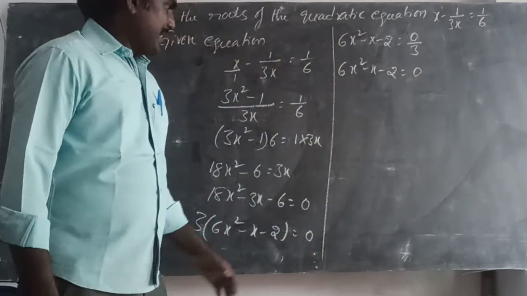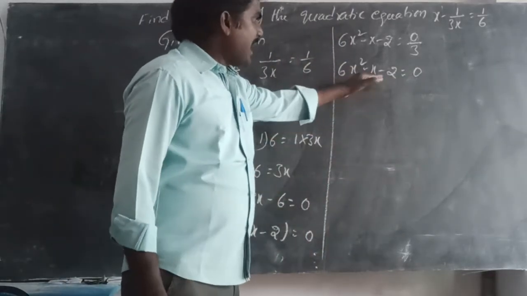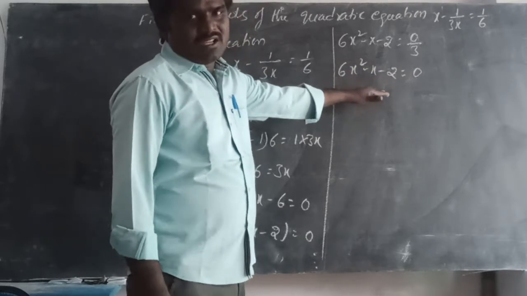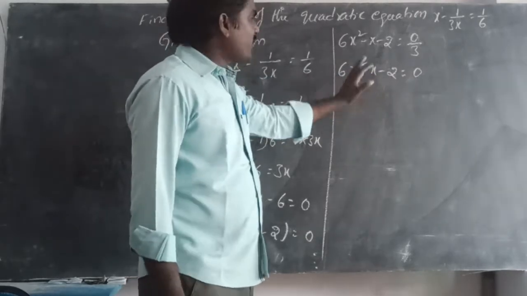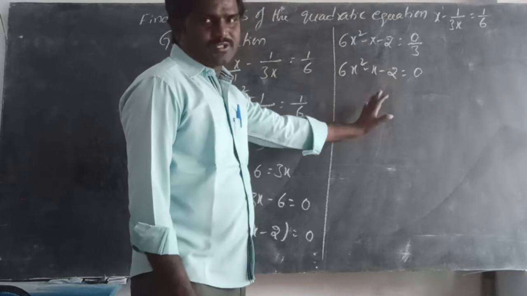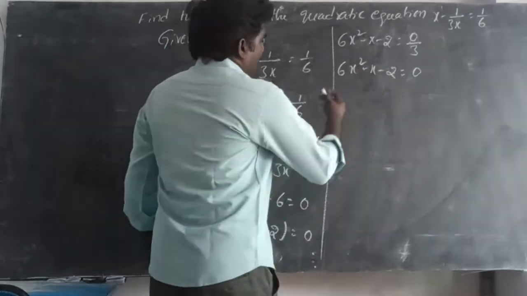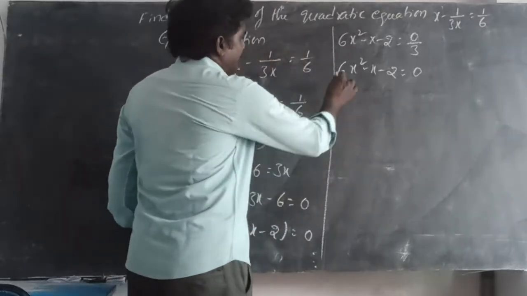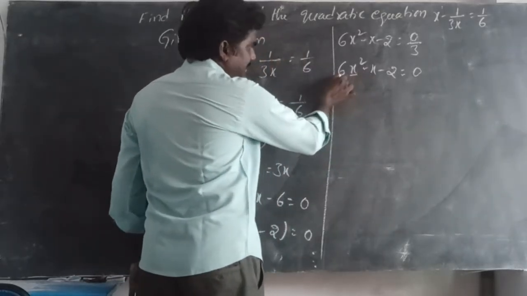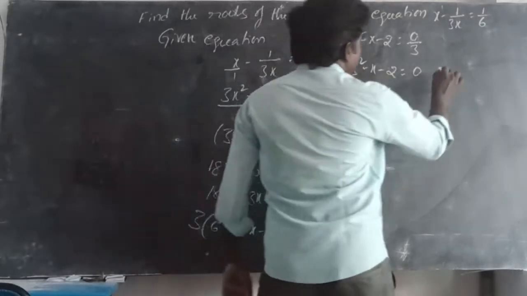Okay, now it is not an algebraic identity expression. Okay, how can we find the factors? If we find the factors, then we can get the zeros or roots of this quadratic equation. Okay, how can we do that? By using the factorization method. Here the x square coefficient is how much? 6. The constant is how much? 2. 6 times 2